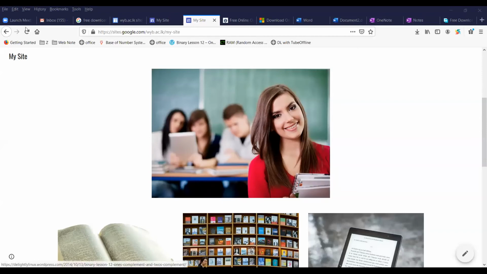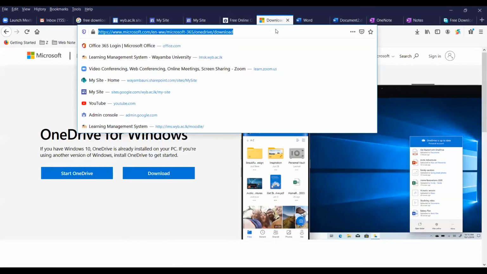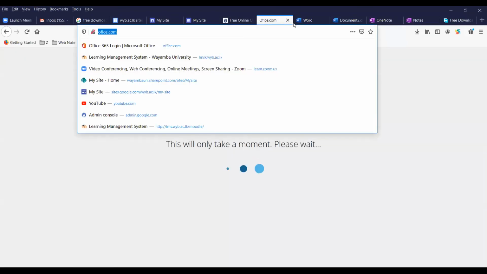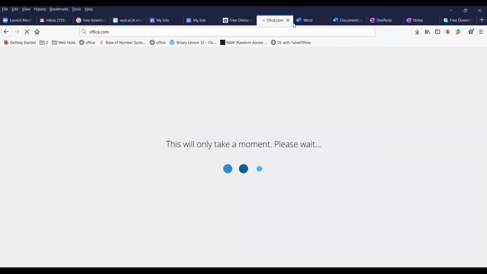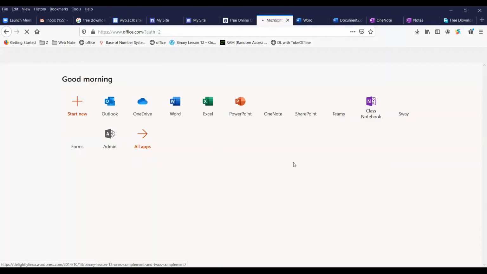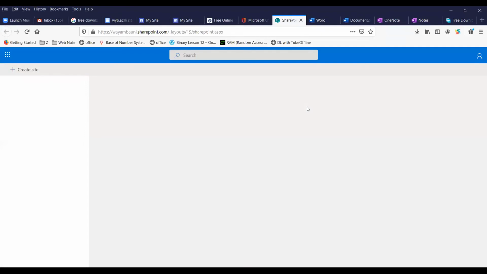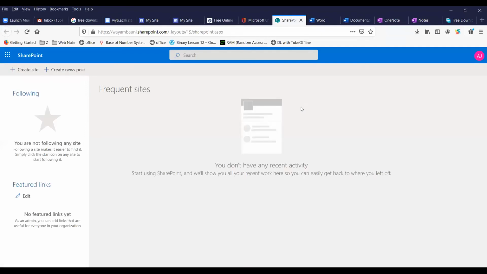Again, Office 365 also has the same kind of application. That is called SharePoint. Let me show you that. This is called Office SharePoint. When you click that, that application can also be used to create websites.